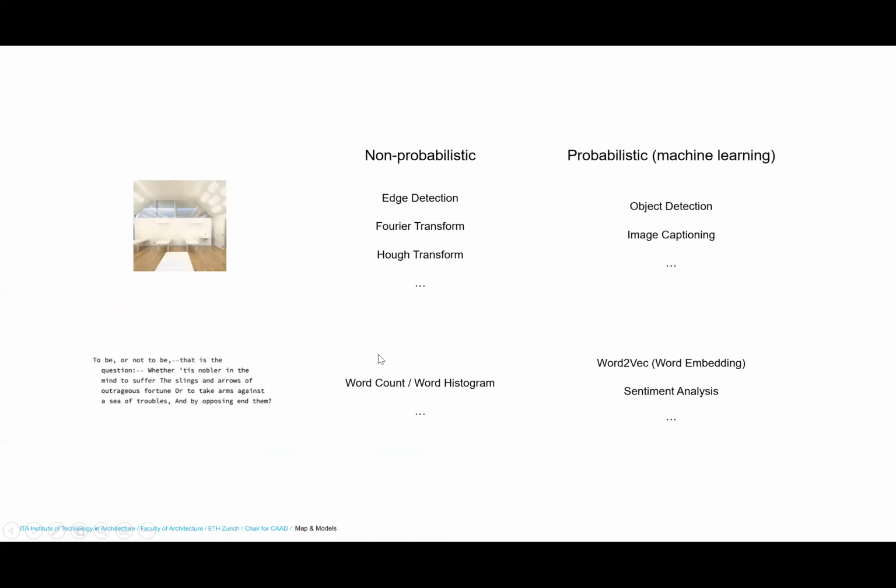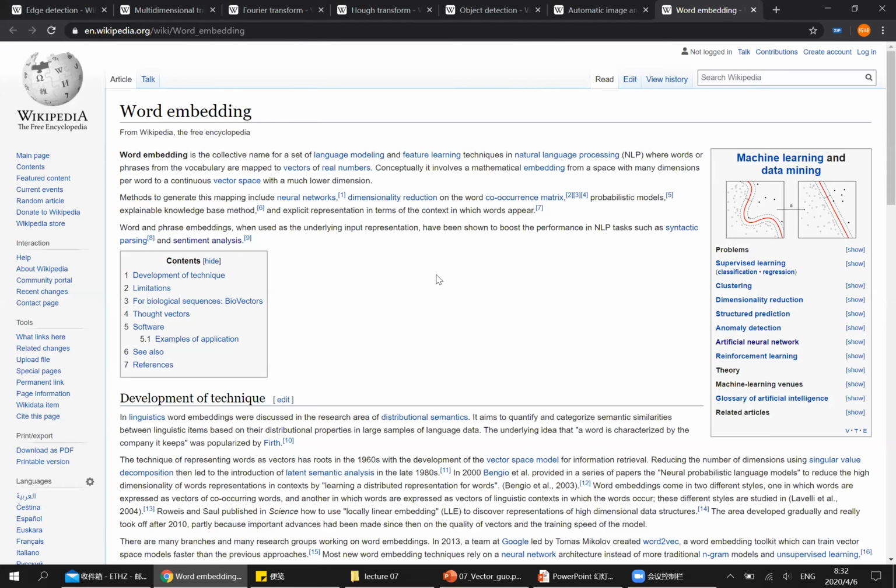For example, for non-probabilistic, we can do word counting. We have a dictionary of keywords, and then for different texts, we can count the frequencies of different keywords, and in the end we have a histogram that represents different texts. Also, we can have this word2vec model, which is an embedding model that learns the